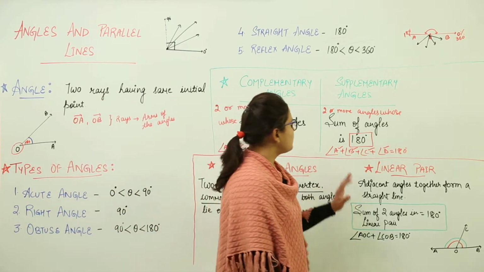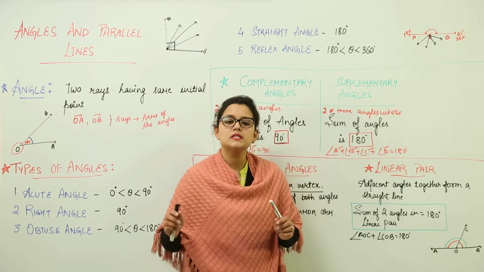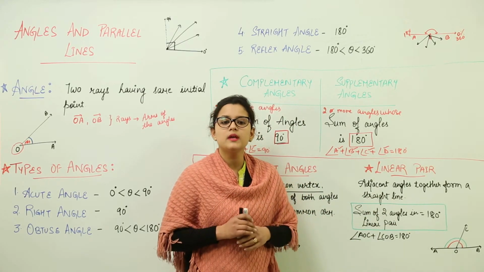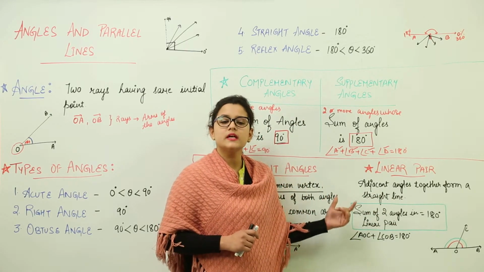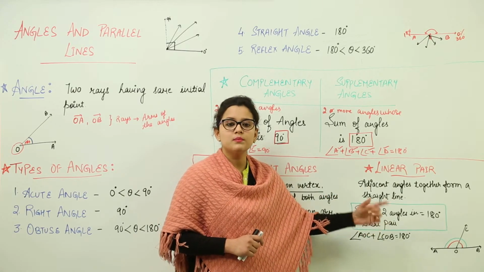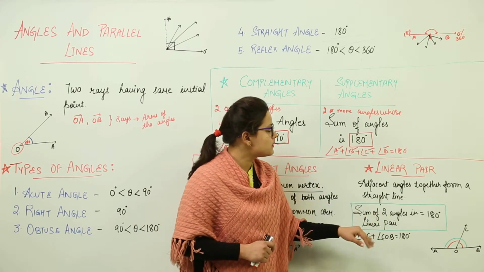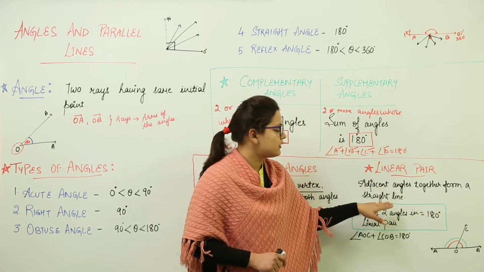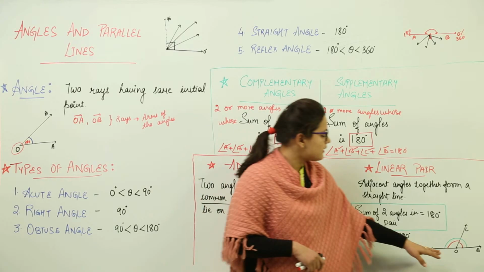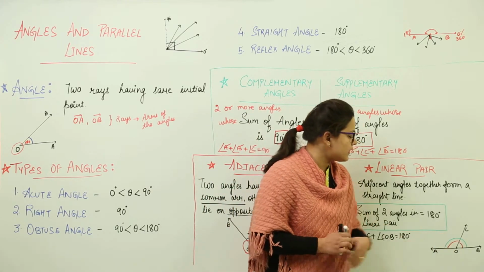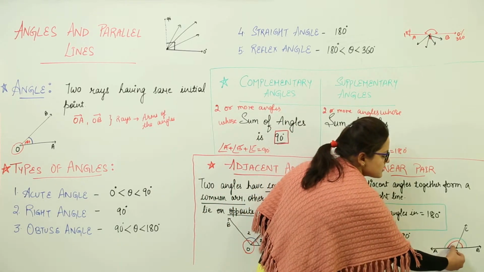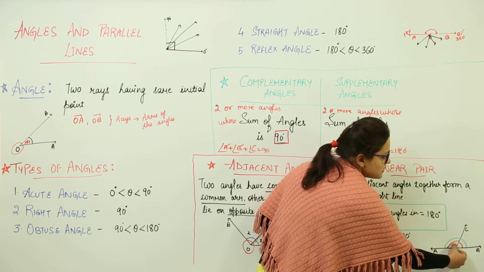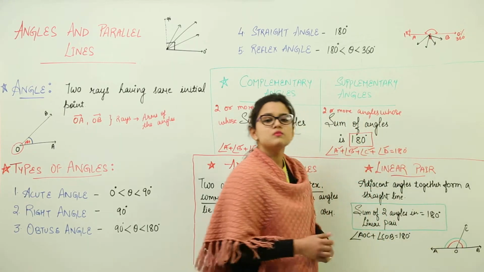Next we have the linear pair. For linear pair we will be considering the case of adjacent angles only. But why are adjacent angles considered a linear pair in some cases? That is because when adjacent angles together form a straight line, there is a possibility. Like over here I have made two angles, one is represented with this larger red arc you can see, and one is represented with the smaller red arc.